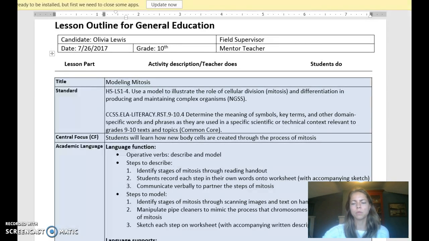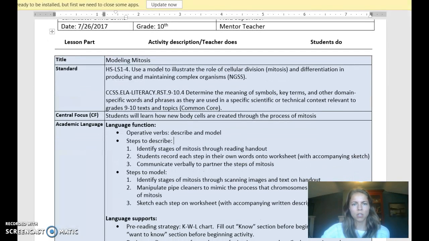This would be for like a 10th grade biology class, just general biology. And I titled it Modeling Mitosis. So my standards are from the Next Generation Science website. The first is to use a model to illustrate the role of cellular division, mitosis, and differentiation in producing and maintaining complex organisms. So that's my content